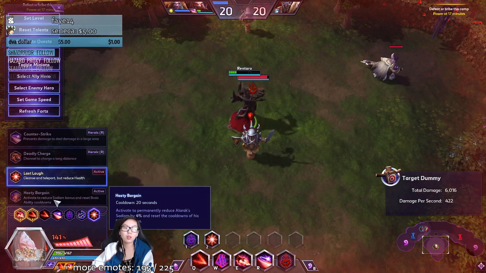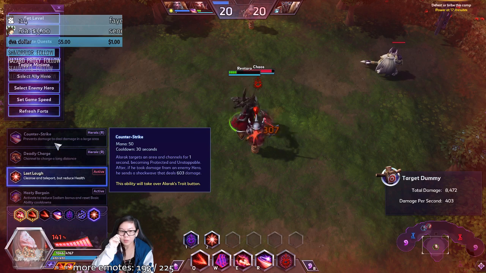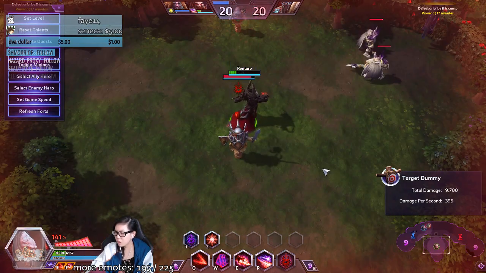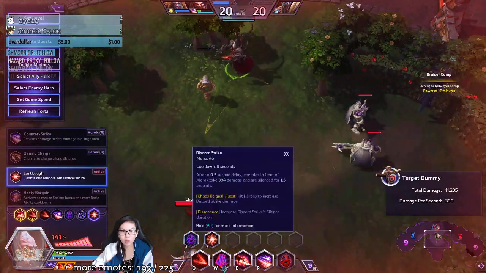Hasty Bargain. I mean, Hasty Bargain's fine too. You can always get Deadly Charge. That's interesting. You can hit several enemies. You don't have to hit all abilities. So in a team fight, it's forgiven. Okay, so if I can hit...